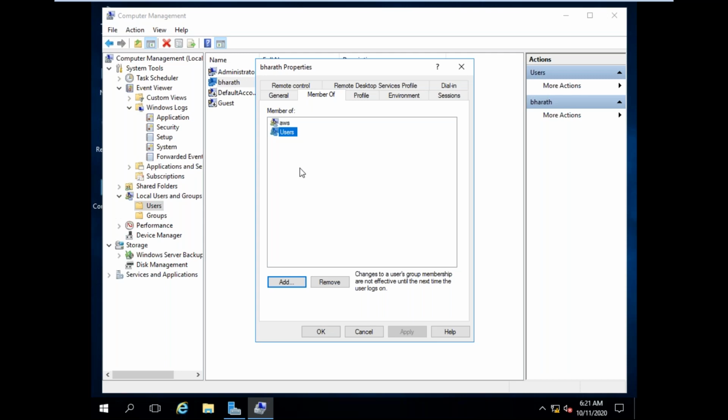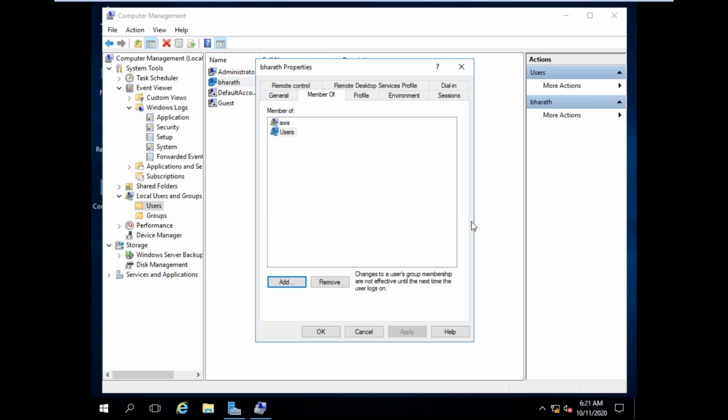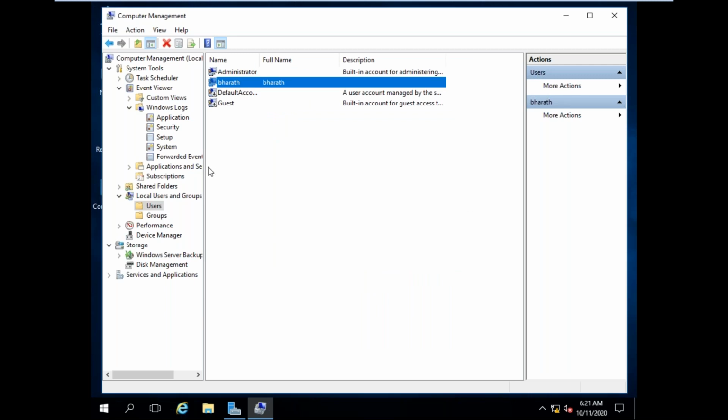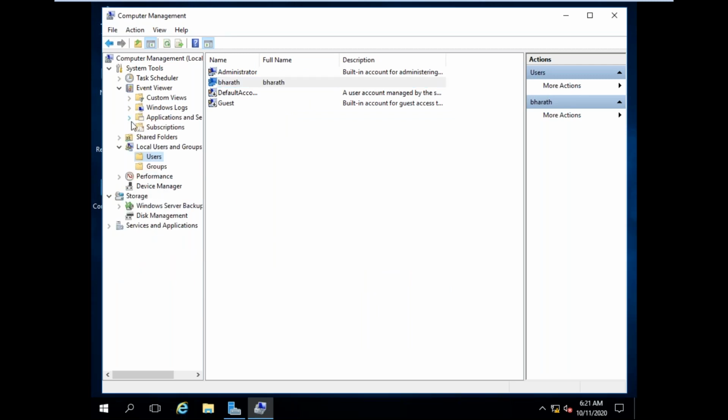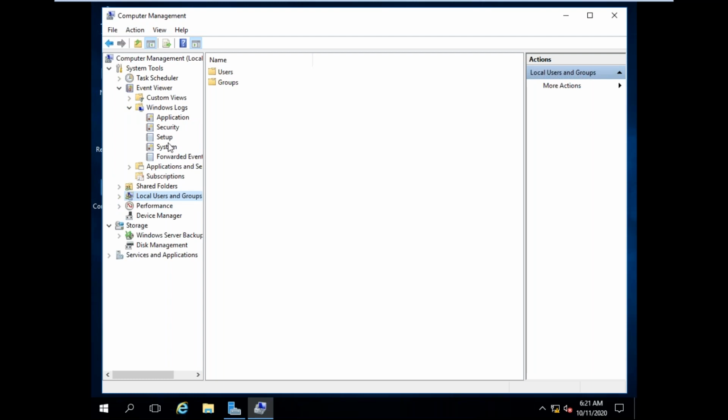If we want to add the user into different groups, we added from the group side, and from here also you can add. Select Member Of, Add. Which group you want to add, you can select. I already gave AWS group. For example, from here also you can add AWS group. So from the group you can add the users, and from the user account you can add the groups. So these are creating local users, local groups, adding the user into a group, and how to check the log files, Windows logs.